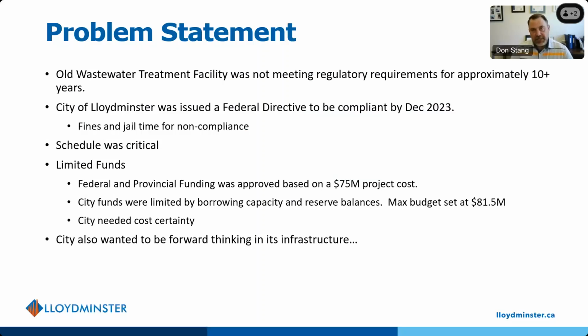So our problems in Lloydminster, they start, I've told this story quite a bit, but Lloydminster's story probably starts 10 to maybe even 15 years prior. We, as a city, grew very, very quickly between the 90s and early 2000s. I think our growth projections were 15 to 20% some years. So the existing plant, although it was new in the 1980s, we outgrew that facility fairly quickly,